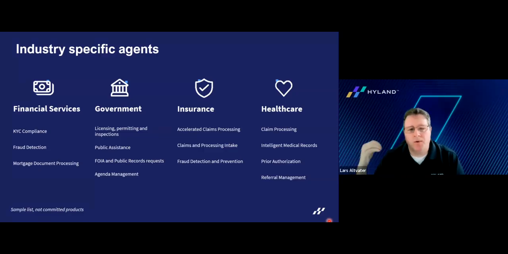It's been built on real challenges that these industries face today. And when we're doing this, we're not starting from scratch. Highland has decades of experience in financial services, government, insurance, healthcare. We know the documents, we know the processes, and most importantly, we should also know where things get stuck and where we can help improve things.